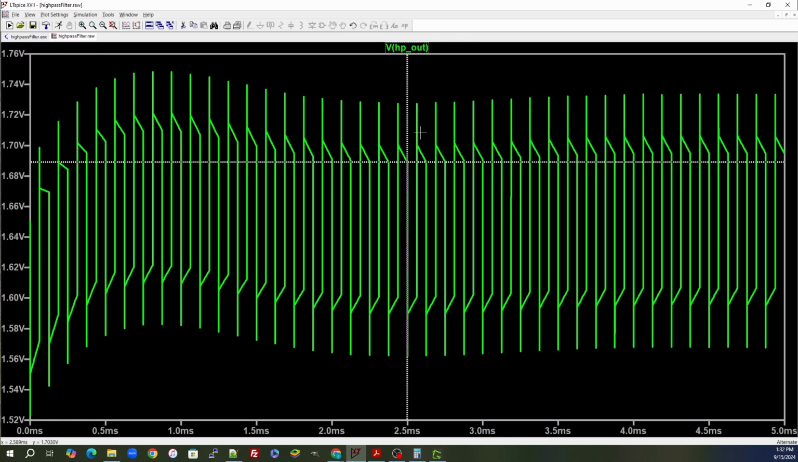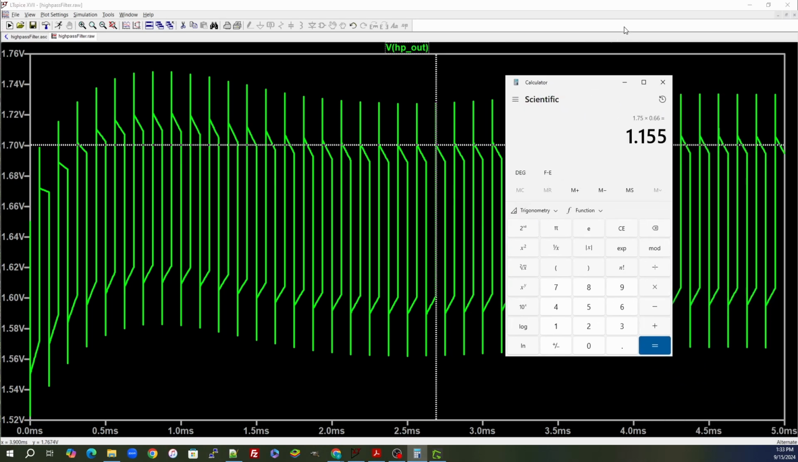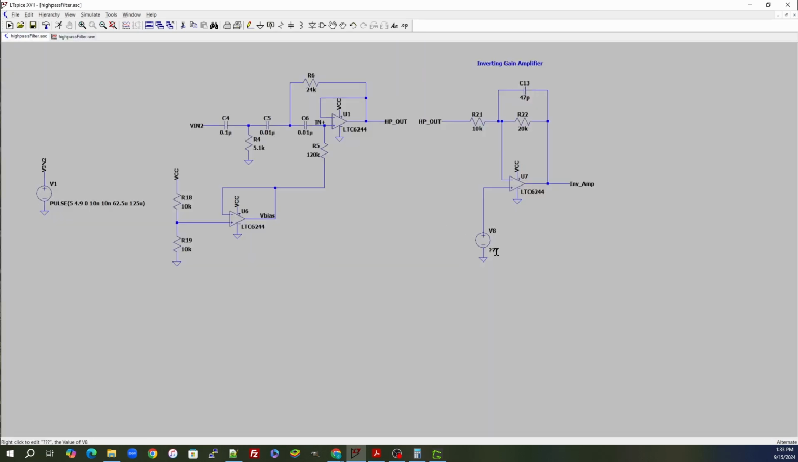When we go here, we can just rough estimate it right now. So our peak voltage is going to be somewhere around 1.7 volts. Right? So if we take our calculator, 1.7 times 2/3 equals about 1.1332 volts. So if I go back here, 1.1332, and then if I run that,